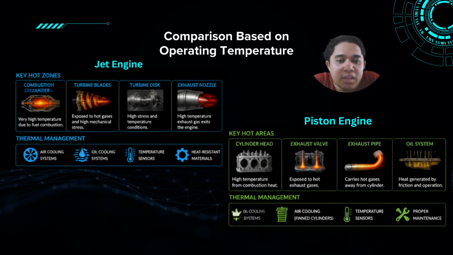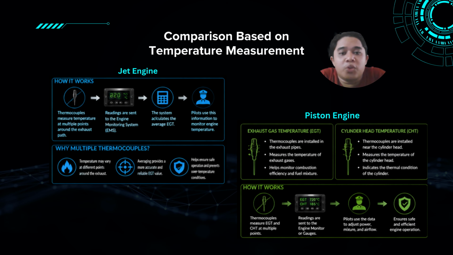But with the piston engine, the key hot areas are the cylinder head, exhaust valve, exhaust pipe, and oil system. The thermal management is the cooling system, air cooling fins on the cylinder, temperature sensor, and proper maintenance. Then I will continue with the comparison